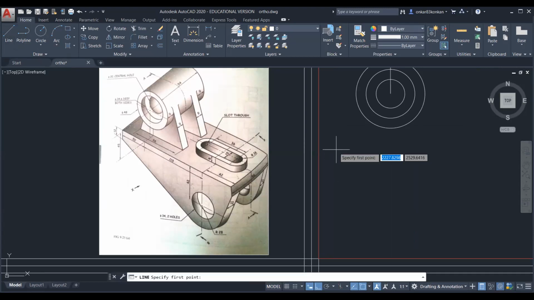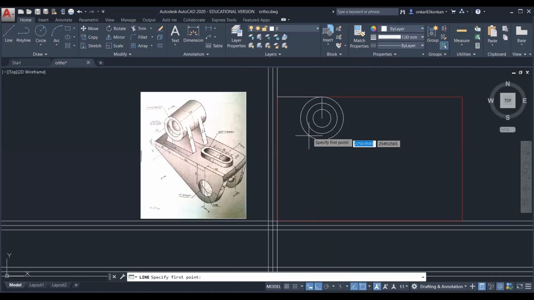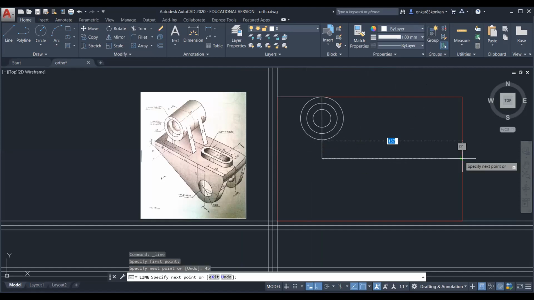So you can select the line. From this point, take the distance 45 mm. And then you can join this line. Okay, so you can remove this.